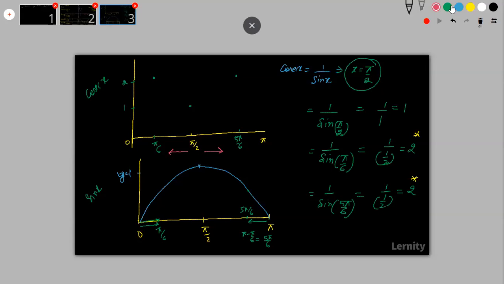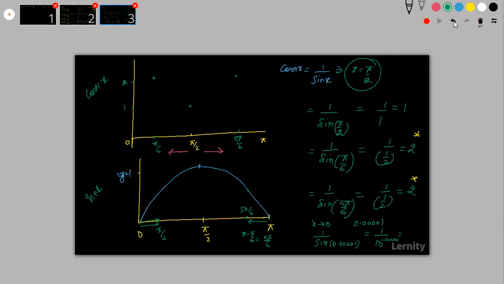Okay. Now let's take a value when we are approaching 0. Let's take a value when x is equal to 0.001. So let's take a value when x is approaching 0, say 0.00001. So 1 by sine 0.00001 will be approximately equal to 1 by 10 to the power minus something like this, right?